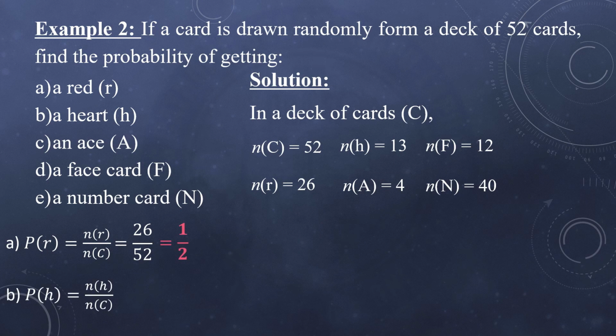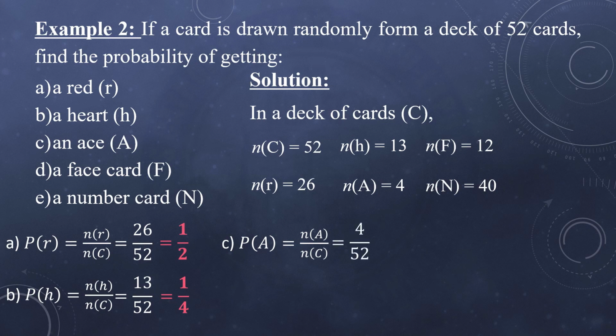For P of H, or the probability of heart card, is equal to the number of heart cards over the total number of cards, or 13 over 52, it is equal to 1/4. For P of A, or the probability of ace card, is equal to the number of the ace cards over the total number of cards, or 4 divided by 52 is equal to